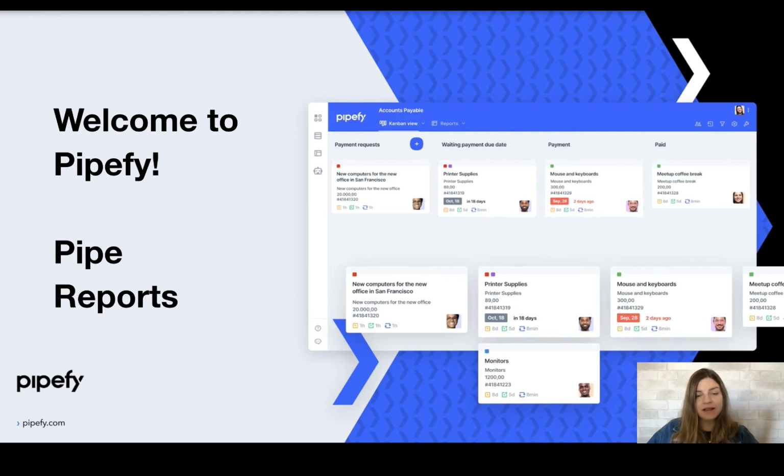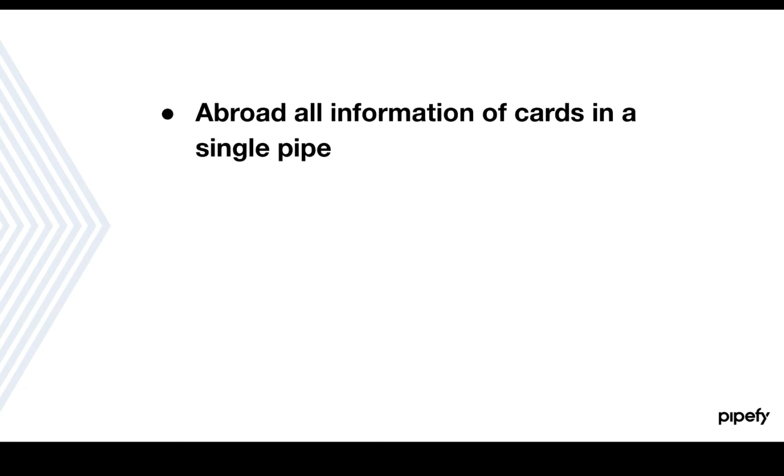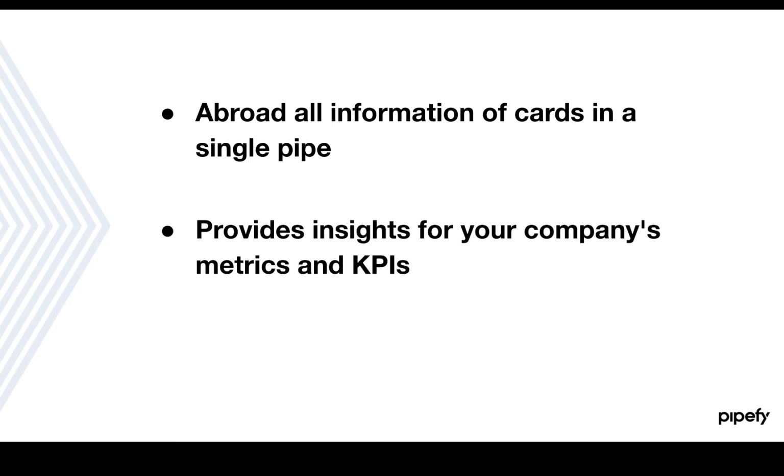My name is Isabella, and in this video I'm going to explain how you can create pipe reports of your own. Pipe reports are extremely useful for teams that are looking to increase their processes' productivity. That's because this feature covers all the activities inside a pipe and the information contained in its cards. With pipe reports, you can get a complete insight into your company's metrics and KPIs, as well as the individual performance of your team members, types of product, or even a phase that's taking more time than it should to